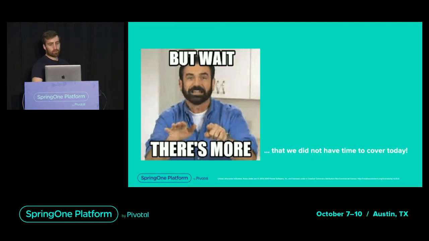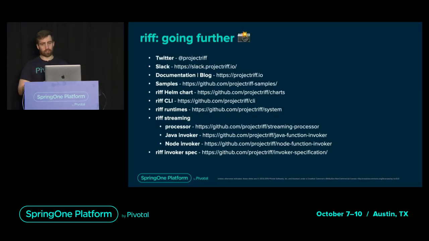And of course, there is much more that we didn't have time to cover today, at least not in all the details. So I really recommend that you take a picture of this slide because that's all the references if you want to dive into a particular topic. One important thing I think would be the Slack one. So Slack is open. We have a dedicated Slack for the project, so we welcome really everybody. If you want to just try it out and you have some issues, we can help you out with this. The documentation and blog are on projectriff.io, and there are many getting started guides to get you started.